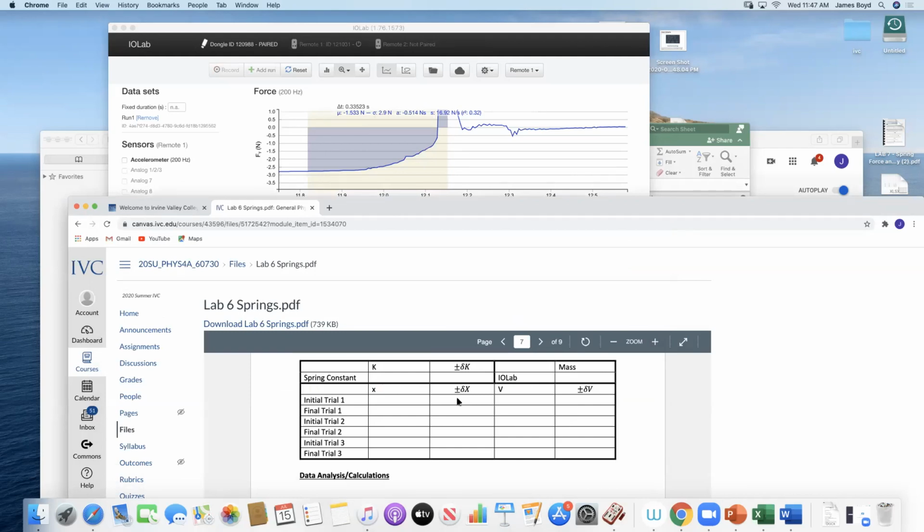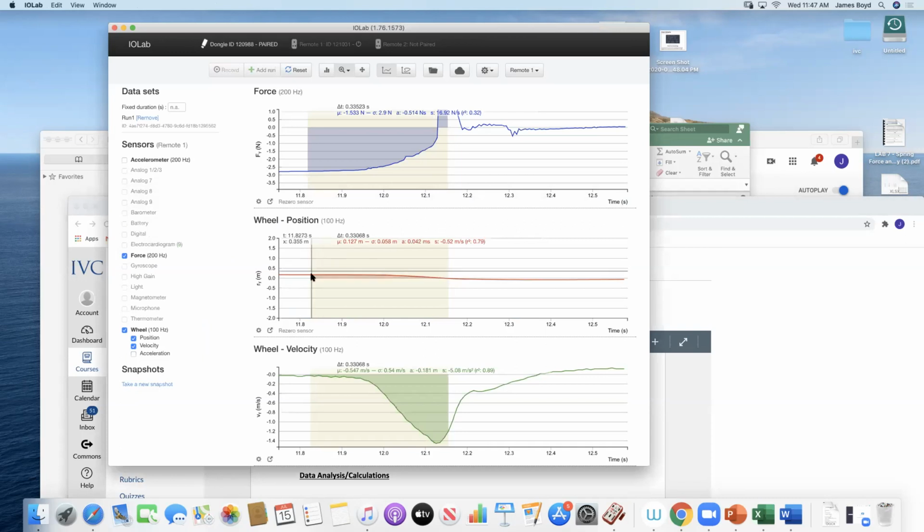So my uncertainty here would be 0.0005, half of the least digit that I know for my wheel position. The least digit I know is 0.001. Half of that is 0.0005. So delta X is 0.0005. Same with V. It's 0.0005